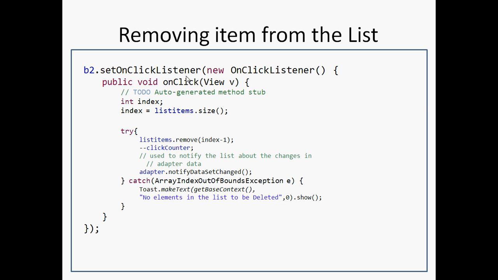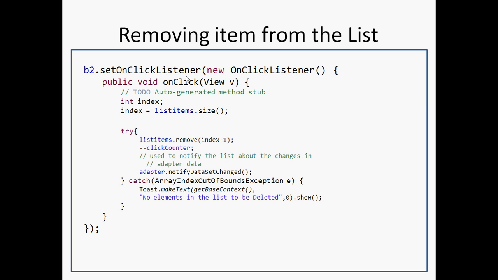And see, you can observe that I have kept this thing in a try and catch. Why have I implemented this try and catch? Because suppose your array list is empty and you are going to remove an item from the array list, what will happen? There are no items inside your array list, and you are going to remove an item. So for that, the system will throw an ArrayIndexOutOfBounds exception. So this exception must be caught.